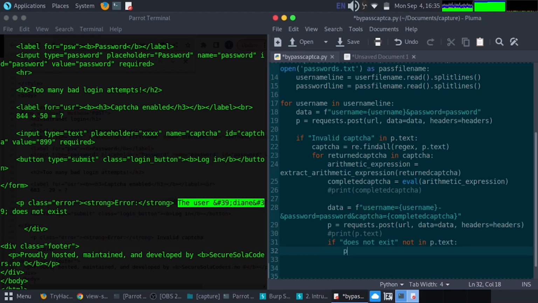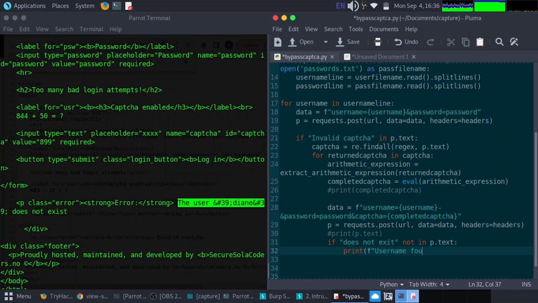So what will happen is it's going to print a customized message. Should we have this as a variable? I think that is not a cool thing to say, so let's have it as